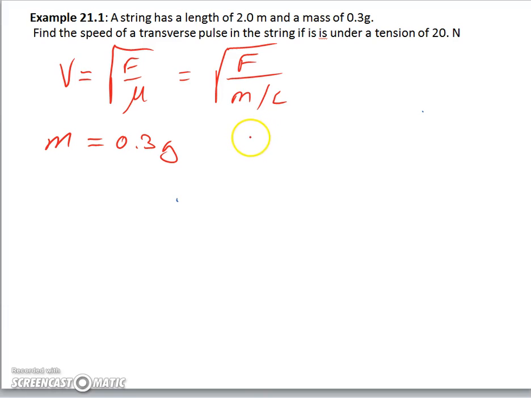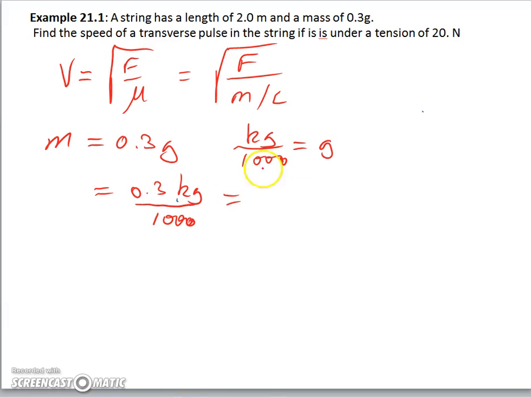Well, a kilogram divided by 1000 is equal to a gram, and therefore we can directly substitute and see that the mass is 0.3 kilograms divided by 1000, which is 0.3 times 10 to the minus 3, which is 3 times 10 to the minus 4